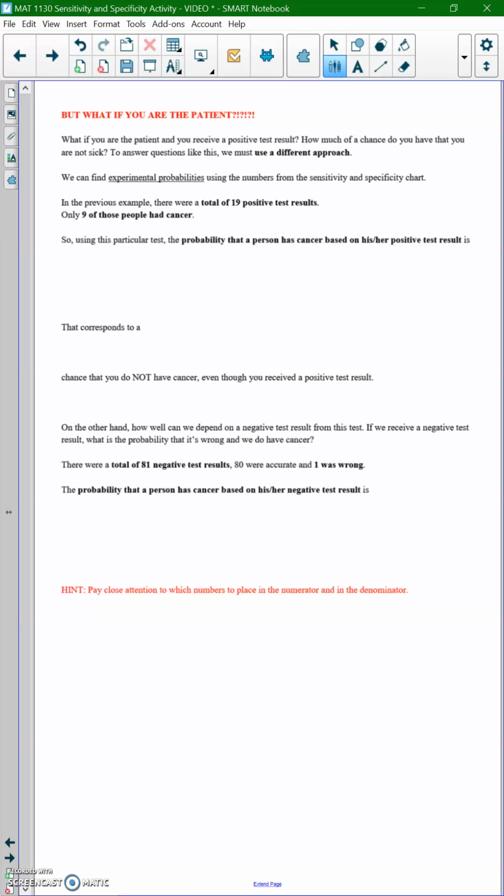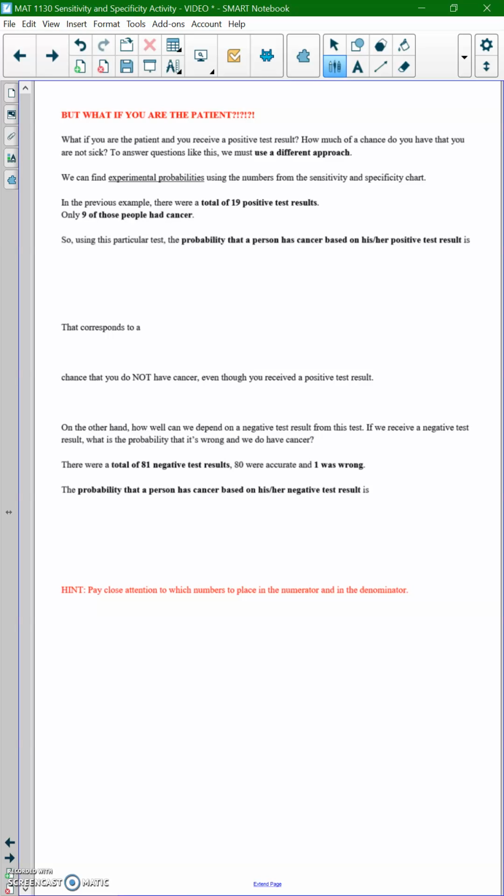In the previous example, there were a total of 19 people who tested positive for cancer. However, only 9 of those people had cancer. So for this particular test, the probability that a person has cancer based on his or her positive test result,